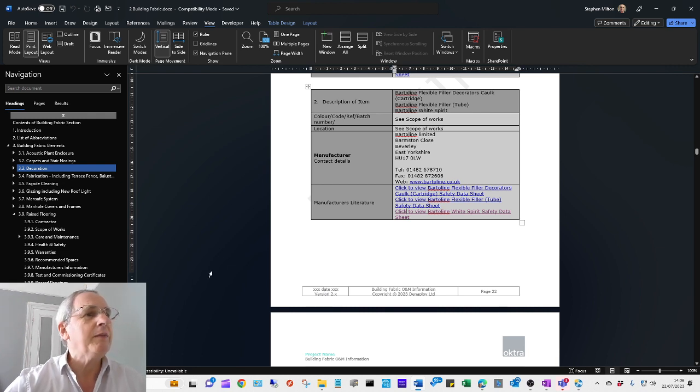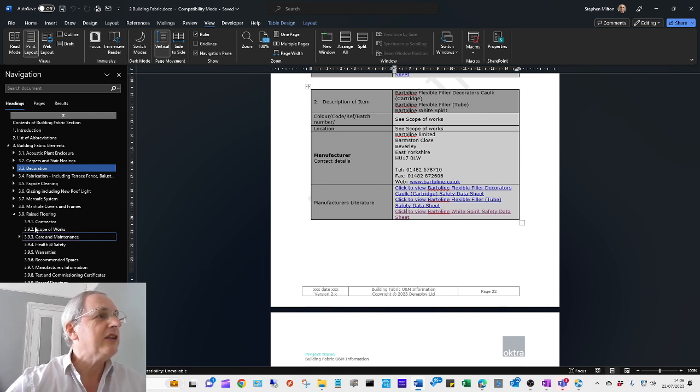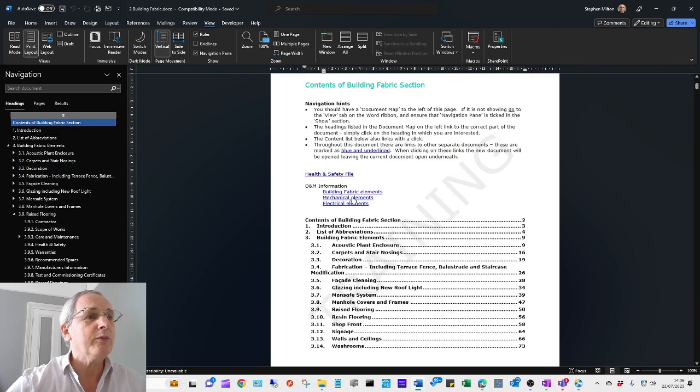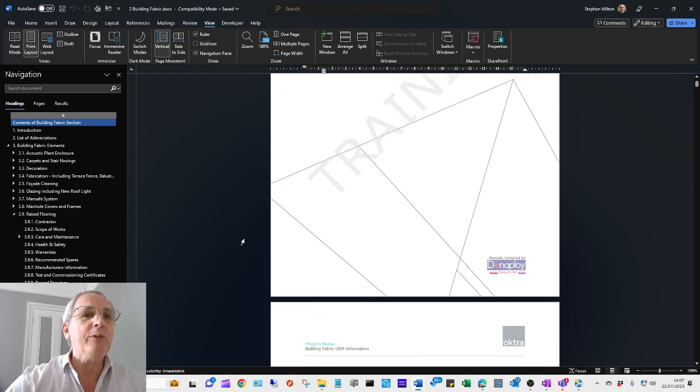The second thing that I would point out is you don't have to go back to the splash screen to go to the other volumes. They are all just here. So the mechanical volume, the electrical volume, or the health and safety volume. Just click at the top here of this menu structure, the contents page. If one spends a little bit of time showing this to the client so they get the feel of it, it saves them and everybody a lot of